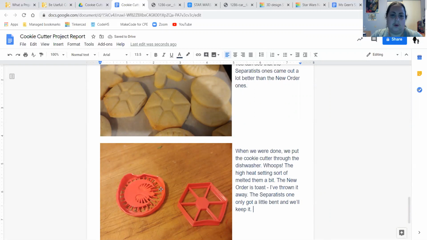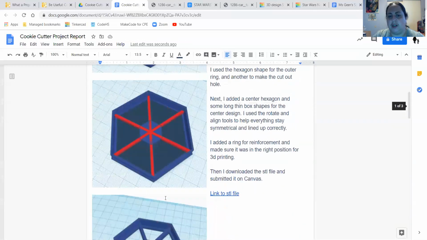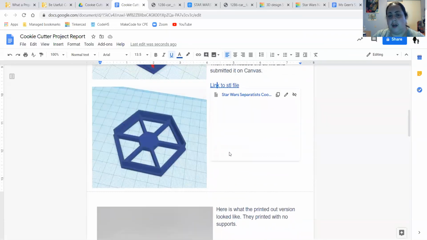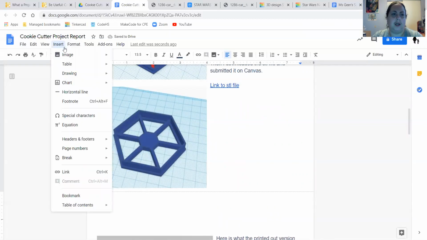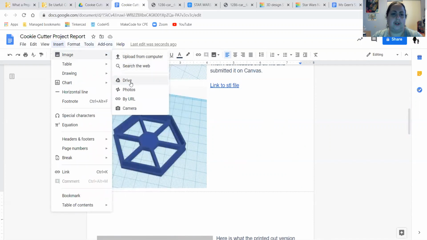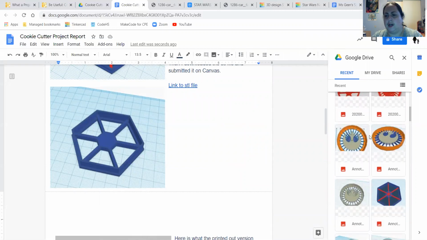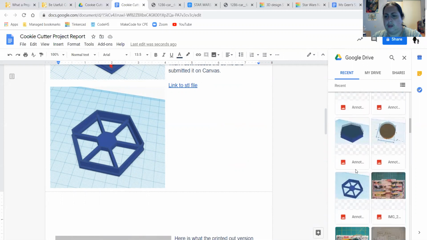Okay, so that is a pretty good explanation of kind of just the one. If I was going to do the other, what would I do? I would probably right here go put in the other pictures from Drive. So I would go find